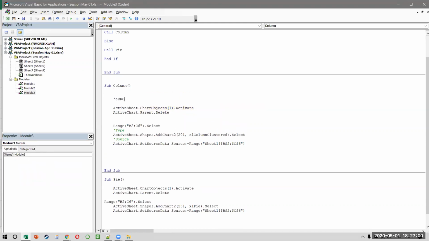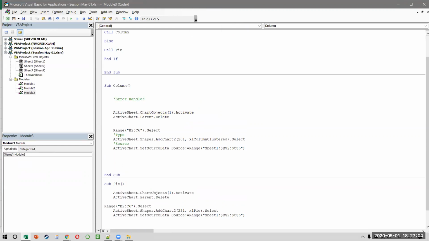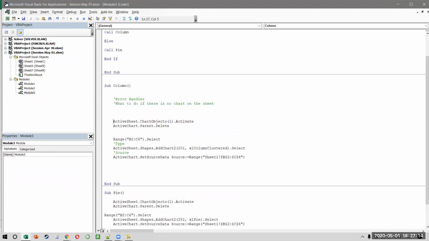So we call this an error handler. And what are we doing? So this says what to do if there is no chart on the sheet. So what do I want to do? I want to ignore this part and continue with the rest of my code. Otherwise, what happens? Because VBA works line by line, right?